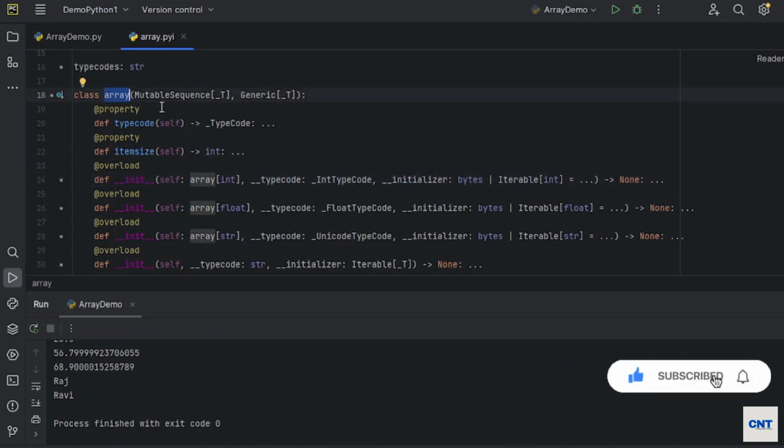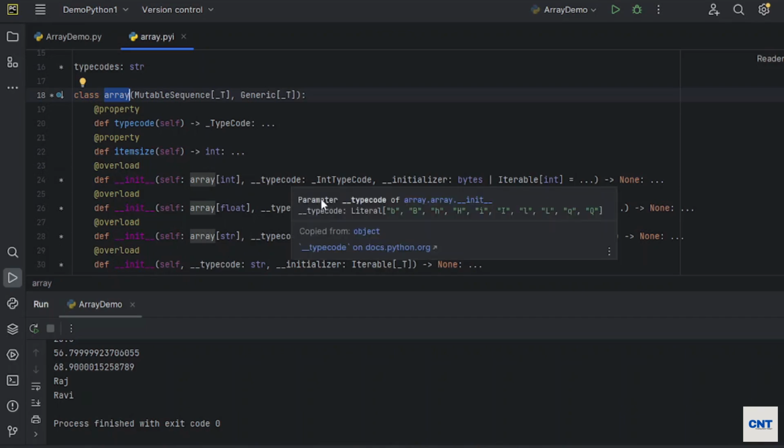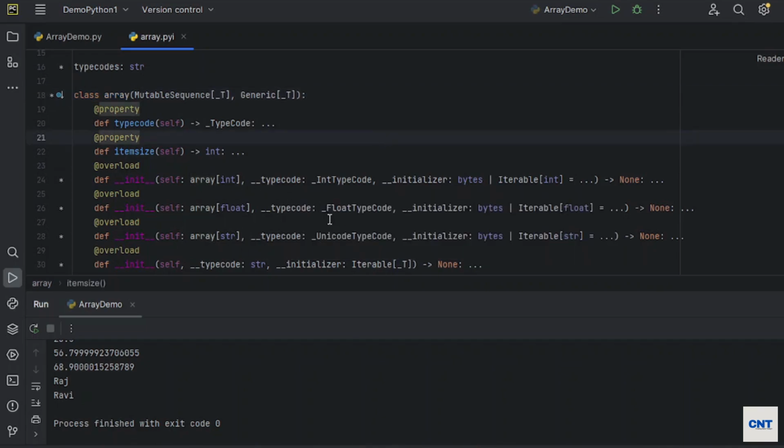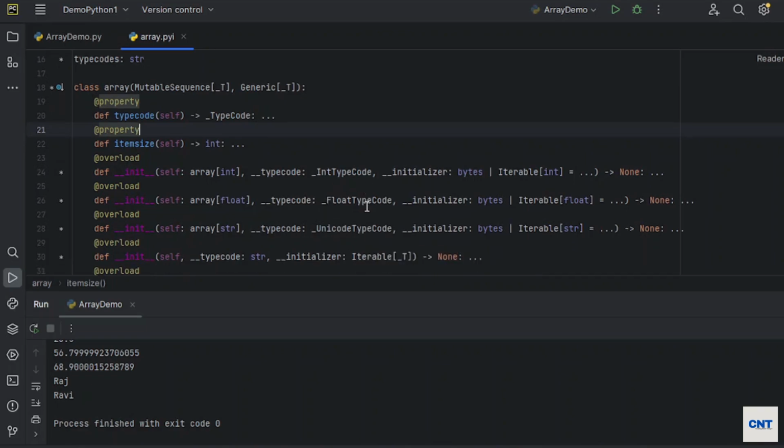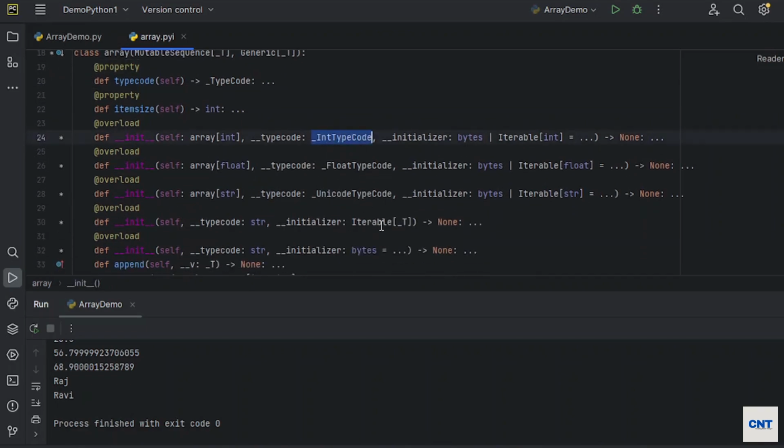You see this is a class, this is taking array. Here you see type code, and what type code are you passing? You see I is mentioned. You have passed I for integer type of array values. Okay. Similarly, you can find lots of other characters, other type codes you can easily use at the time you initialize your array. That way you can check if you want to see more type codes. This is for the integer type code.